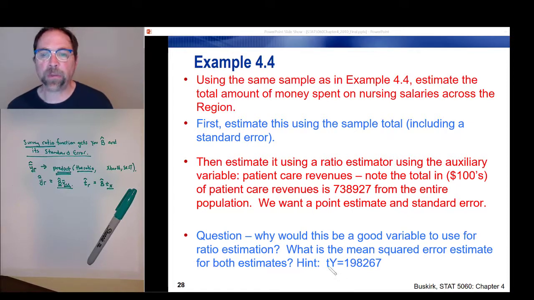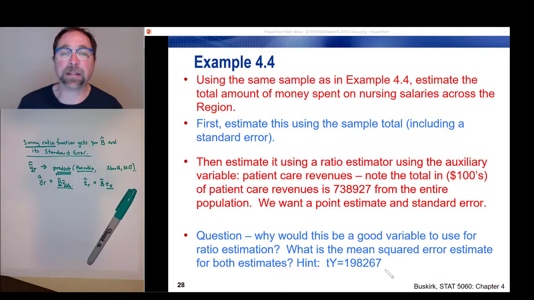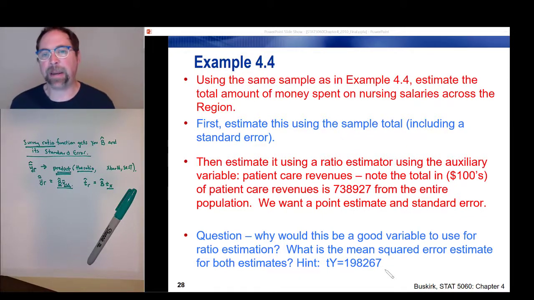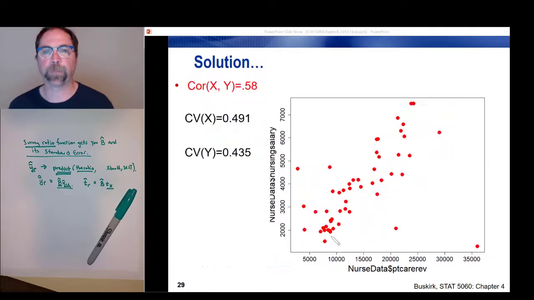estimator? And we know that the true total for the y variable in our population, the actual parameter we're trying to estimate, is 198,267. Now I put this here because it's theoretically something that we don't know and we're trying to estimate it, but we're actually going to use that to create an estimate of the bias just to be